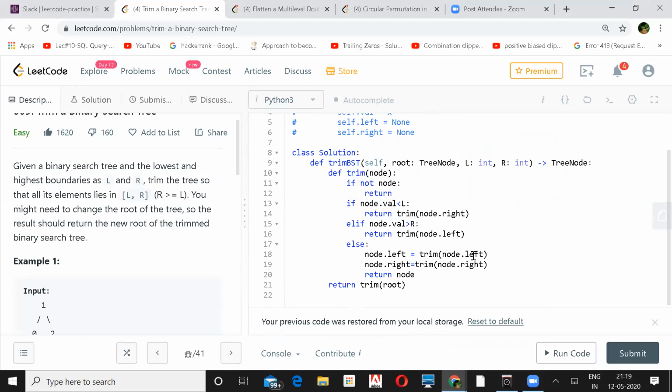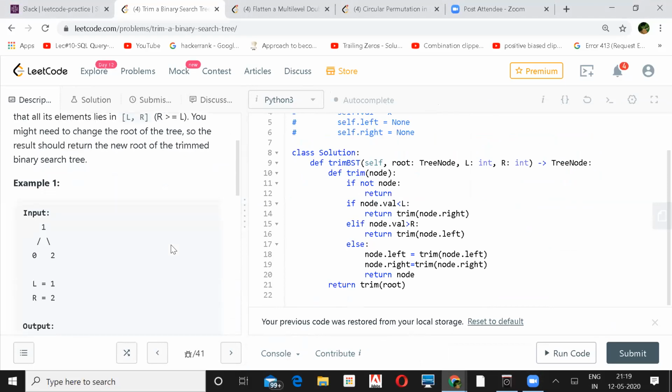Exactly. Or you can use a stack. If you do it iteratively, you have to use a stack, but that would become a bit intricate to implement. So with recursive solutions, when I see them, I find them so intuitive and easy. But if I have to write them myself, I get confused about what to do and what not to.